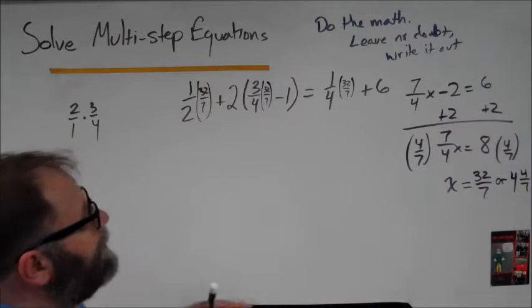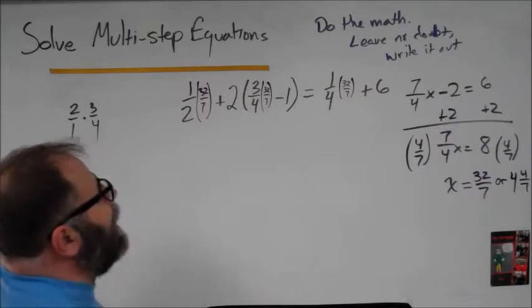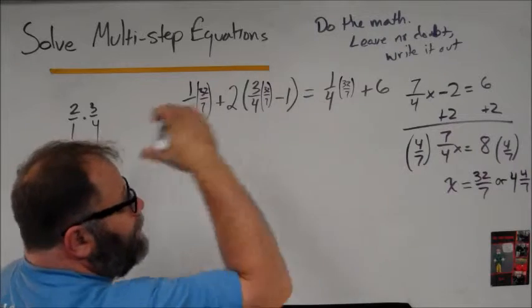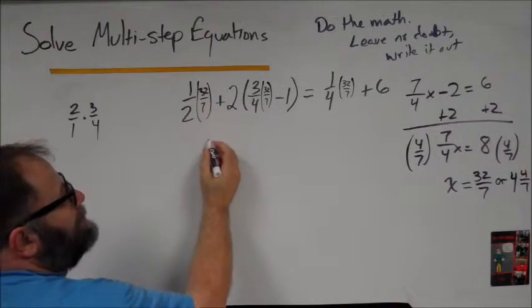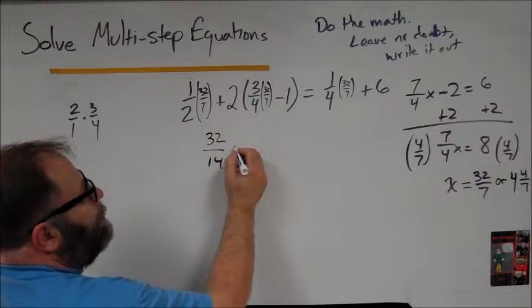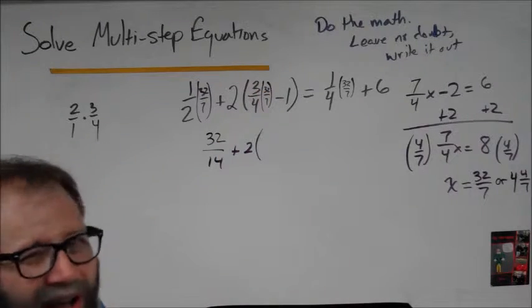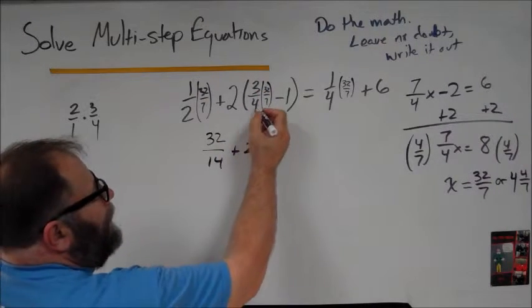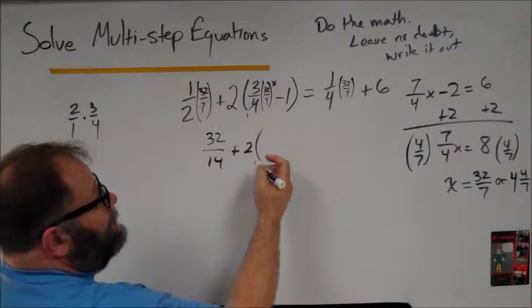This is going to be great. So don't forget, we can do the math. It's just little bits and pieces now. We've got a bunch of multiplication to do first. Let's do that before we do this distribution. Here I've got 1 times 32 is 32. 2 times 7 is 14. Plus 2 times 3 times 32. Let's knock this one down a little bit. The 4 and the 32 work together. So that gives me 3 times 8, which is